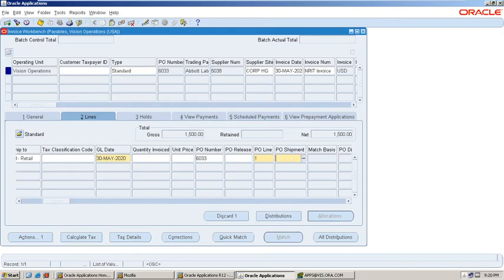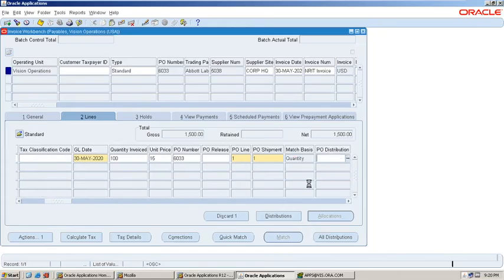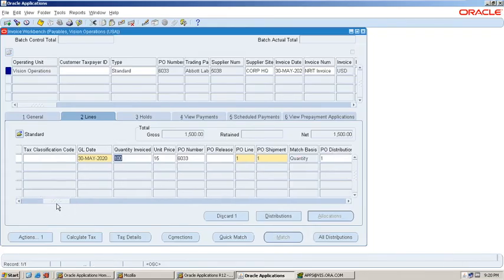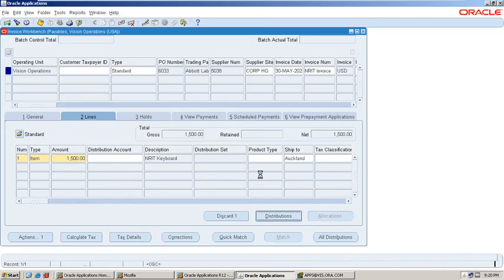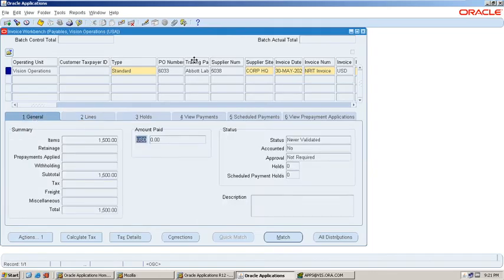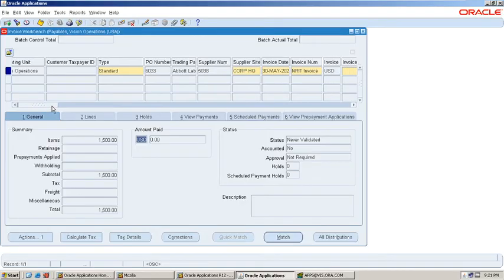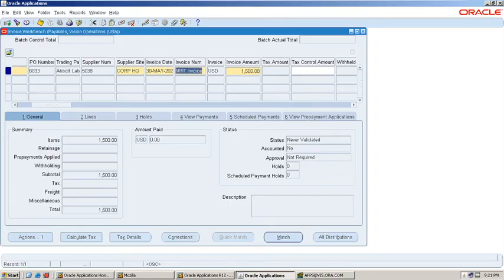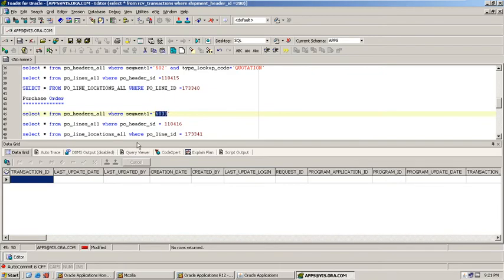PO line details, shipment details, PO distribution details. Now enter the invoice distribution details, and then click save. It got saved. Now the invoice has been created successfully. Then verify the data in the backend tables.